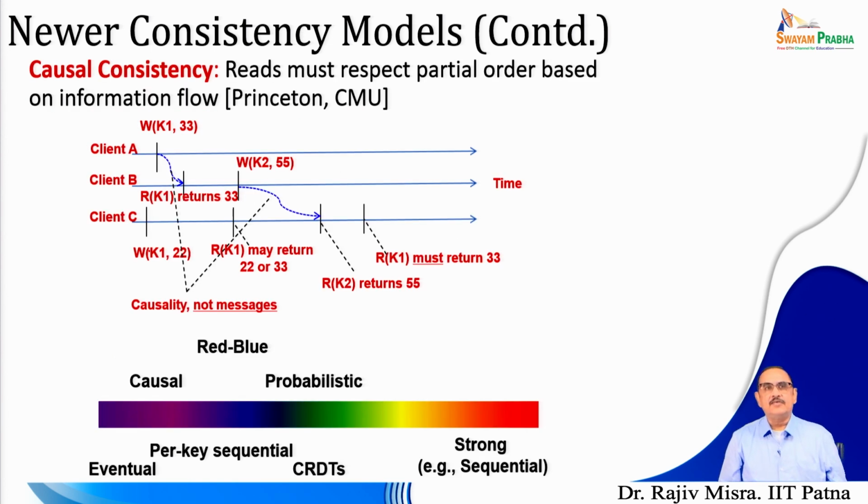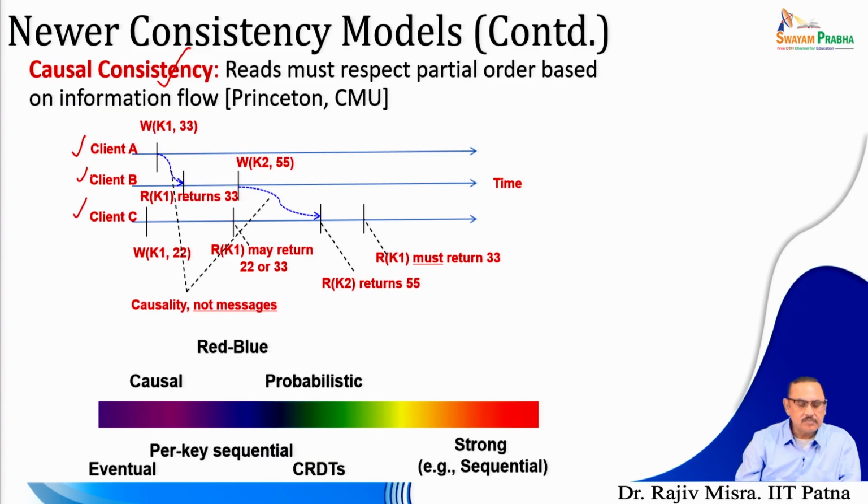Now, another form of consistency is called causal consistency. Here the reads must respect the partial order based on the information flow, and this is being developed at Princeton. So, here you can see there are 3 clients A, B and C. So, in causal consistency, as we have seen in time ordering,